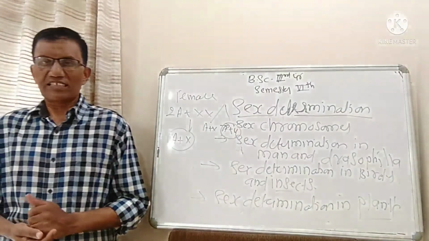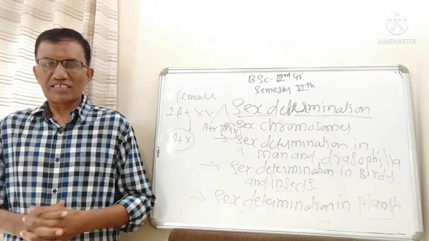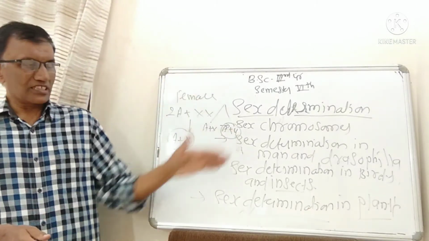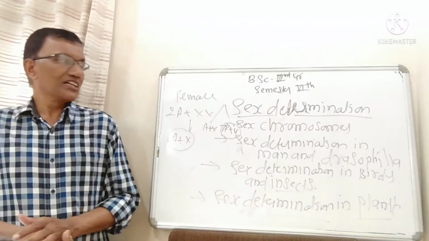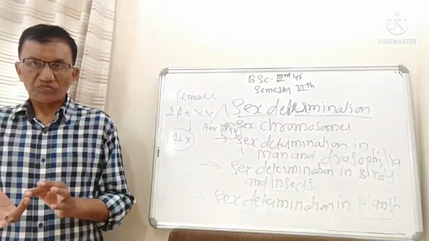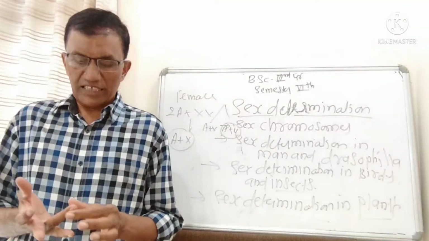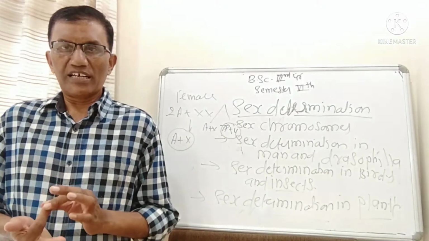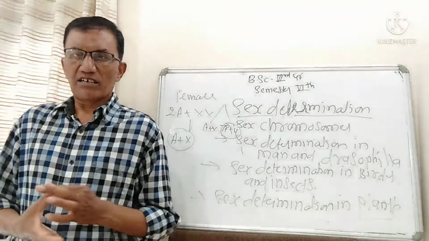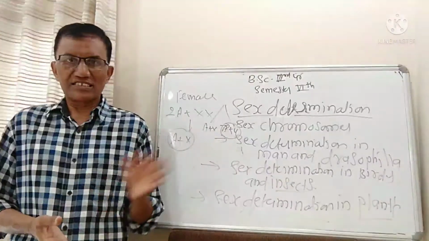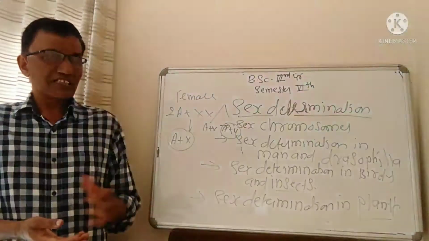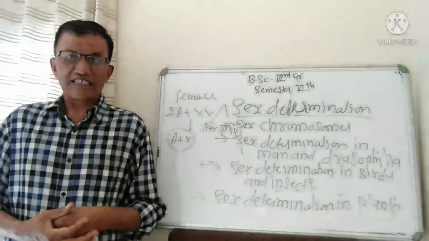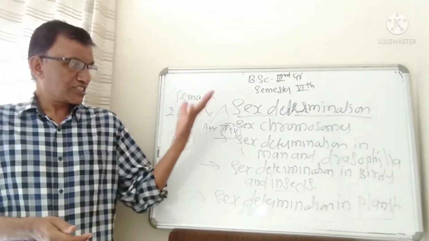And there are certain characters, diseases and genes that are present on both X and Y, which is known as XY-linked inheritance. So these are the important things to be discussed in sex-linked inheritance: inheritance of eye color in Drosophila, then color blindness, night blindness, then hemophilia, then Holandric genes, then XY-linked inheritance. So this is about this chapter.